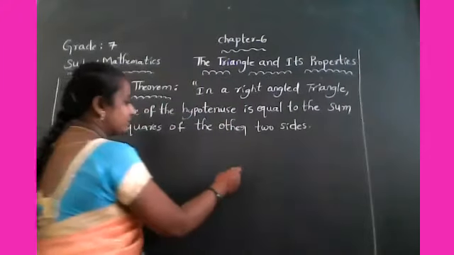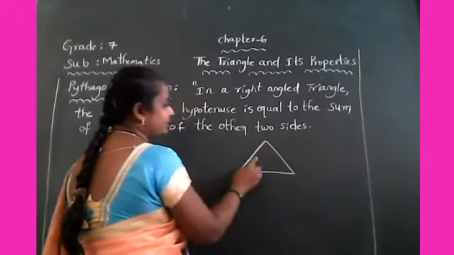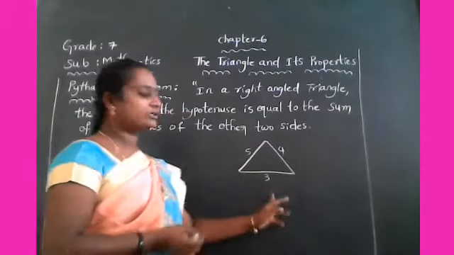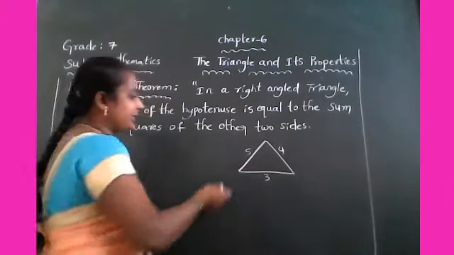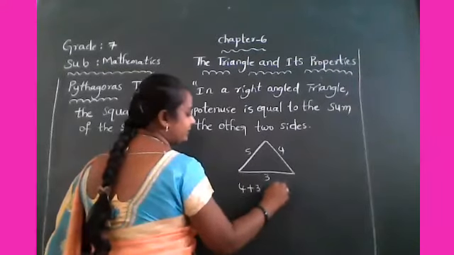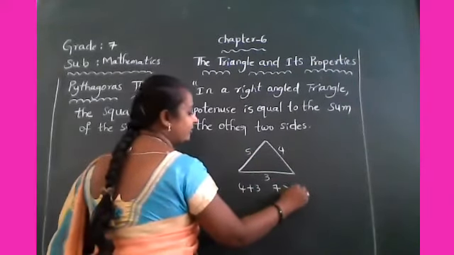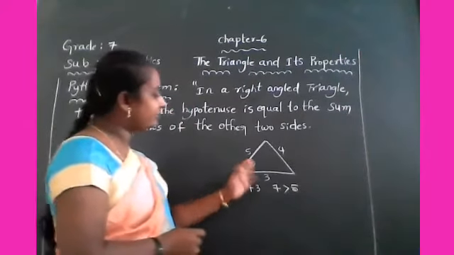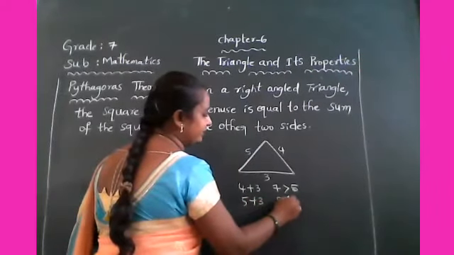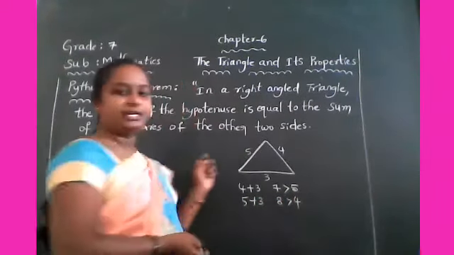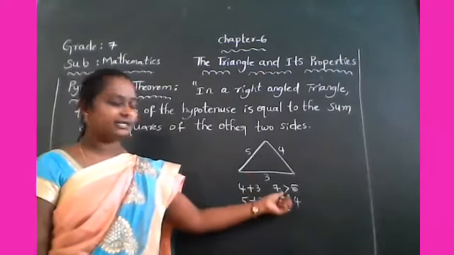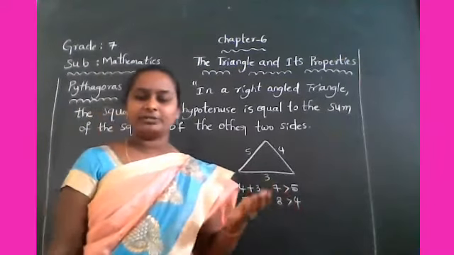Suppose we take a triangle having three sides, that is 5, 4, 3. Take any two sides, the sum 4 plus 3 is 7. This 7 is greater than the third side. If you take two more sides, 5 plus 3, that is 8, and 8 is greater than 4. So the sum of the lengths of any two sides of a triangle is greater than the third side. What about the difference?